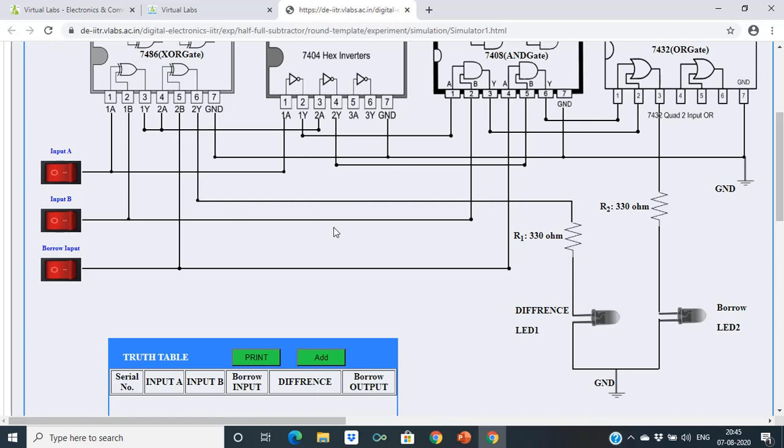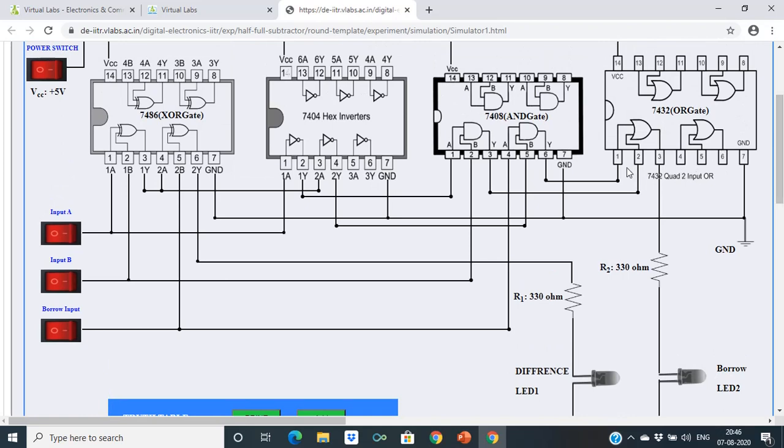Now for borrow, you are using a bar b, a bar b bar, and an AND of these. The first borrow you will get from here, where you are giving a, so you are getting a bar from here.